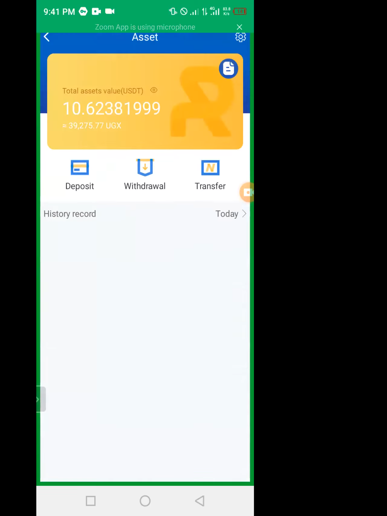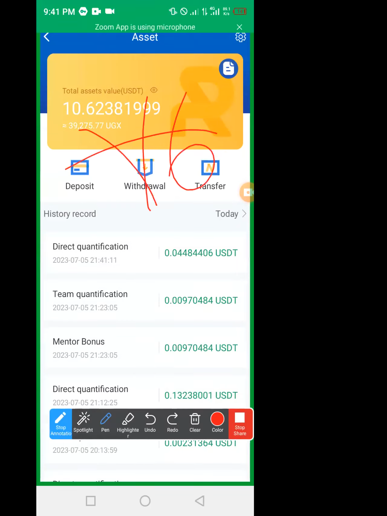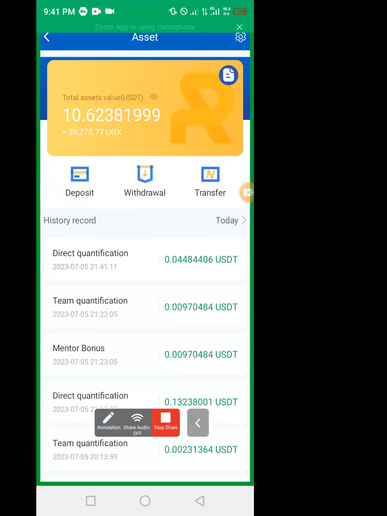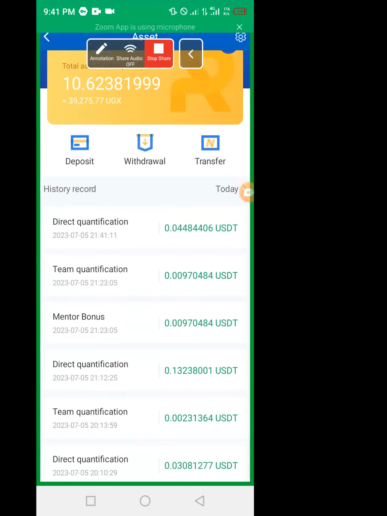When we click on asset, this is where we are going to find the fuel. All the money that you put, you yourself, or for the robot to take when it is trading for you, or even what you have earned from other people, from your team, is always here. So this is my account. I can see for now I have $10 because people have made money here.